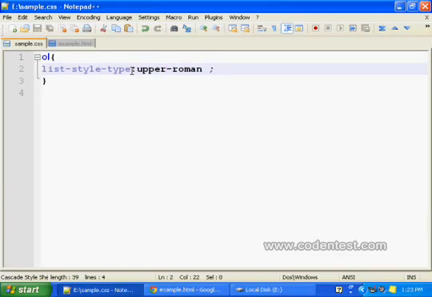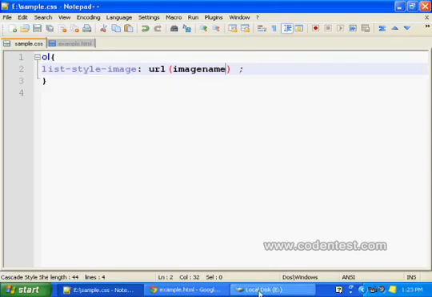And after this we have list style image. List style image and the URL path, the image name comes here.